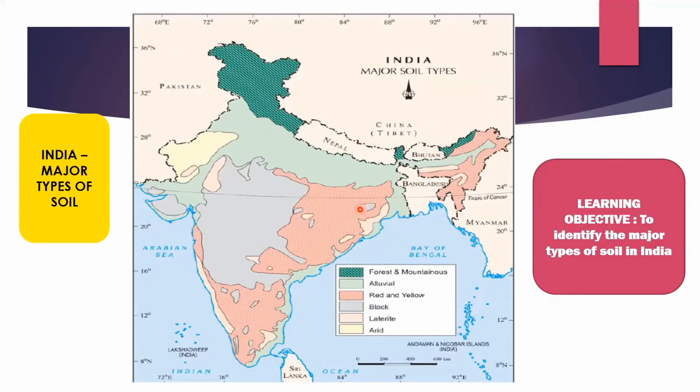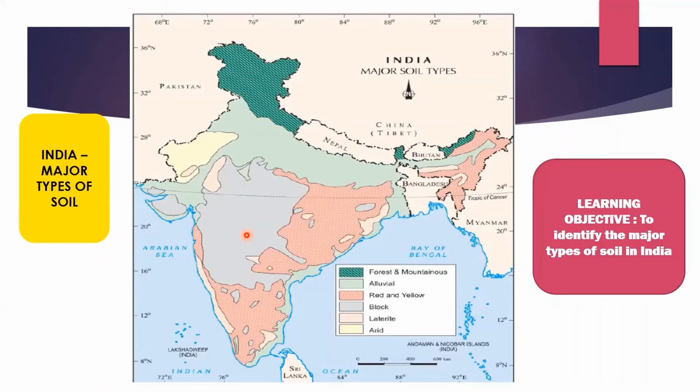Okay, next we will move to the red soil. The red soil is mostly found in Orissa, Chhattisgarh, and southern parts of the Ganga, and in the Western Ghats region. These are the areas where we can see the red soil. Then comes the black soil. The black soil is found in the Deccan Trap region and it covers the northwestern part of the Deccan Plateau. It's mainly in peninsular India.